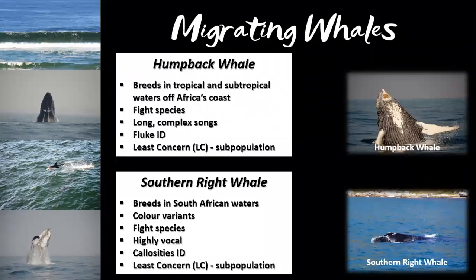The southern right whale uses the calm protected waters found along our coast to breed during the winter months. There are 5 main color variants documented in the southern right, and these skin patterns are not known in the 2 northern right species. The southern right being the only cetacean in which atypical white individuals are relatively common. As with the humpback, this right whale also fights back when attacked by predators,